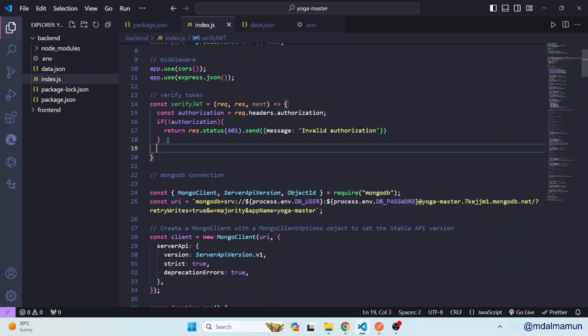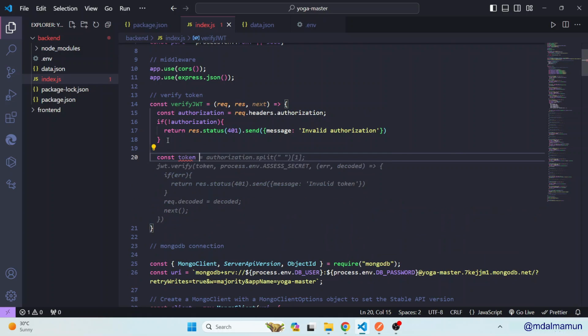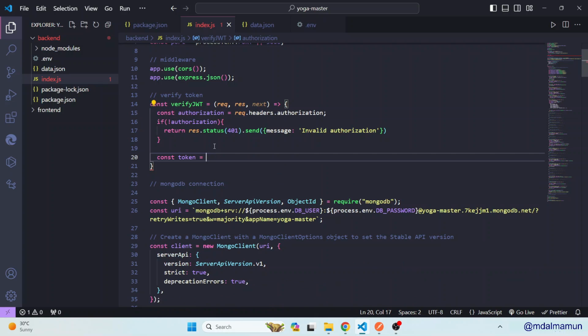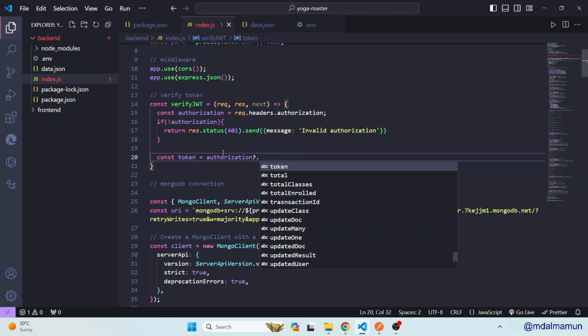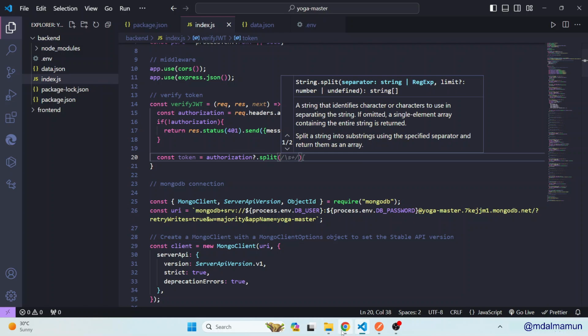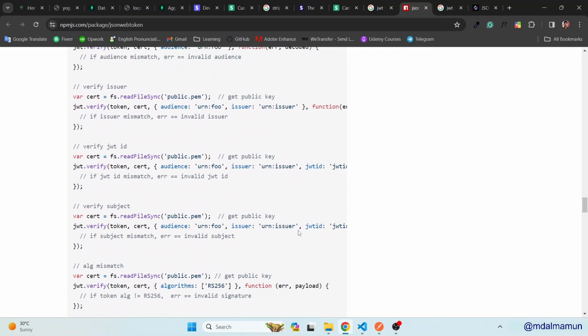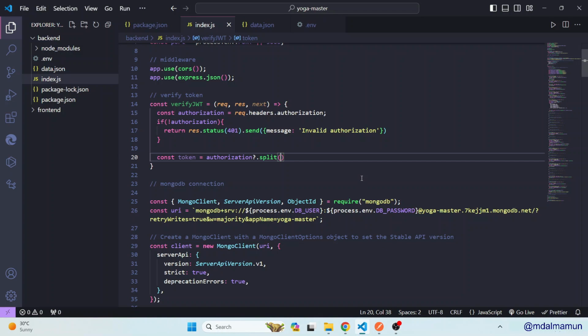After that we'll define const token. The token will come from authorization. This authorization we'll have to split, so that's why split. Bearer tokens come with a bearer key, so we'll have to split it first. Split it, and here we'll split based on